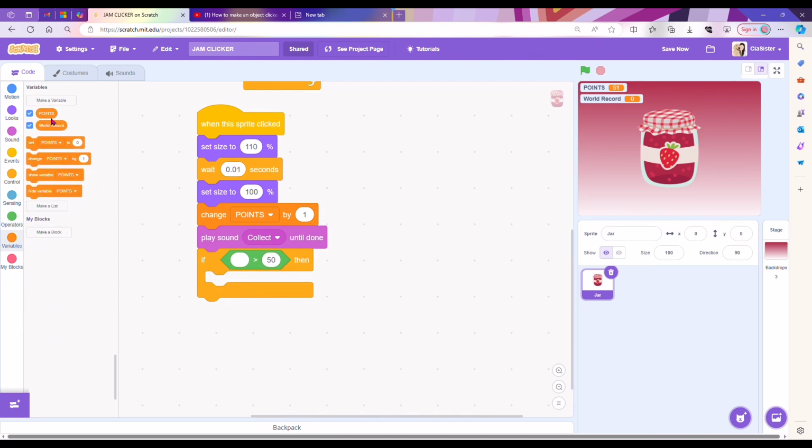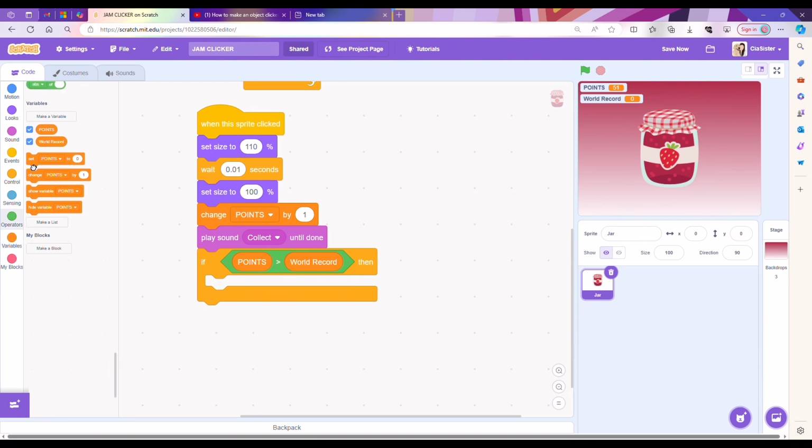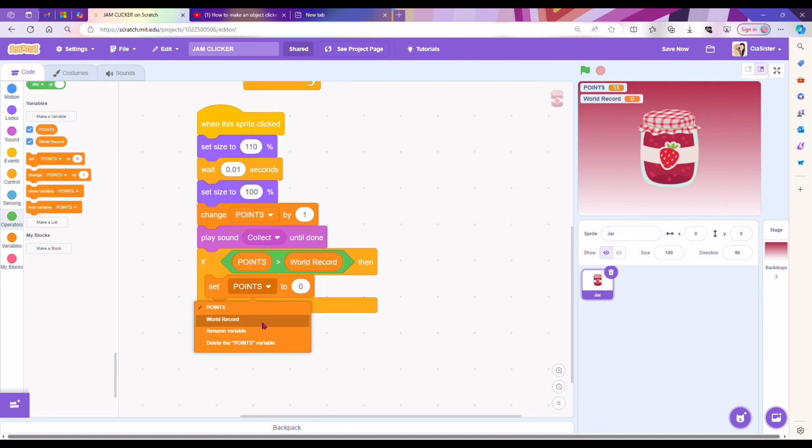Now grab the Points variable and add it in the first circle and grab the World Record variable, and we're going to check if the points is greater than the world record. So if points is greater than world record, grab the Set Points to 0 block and change it to world